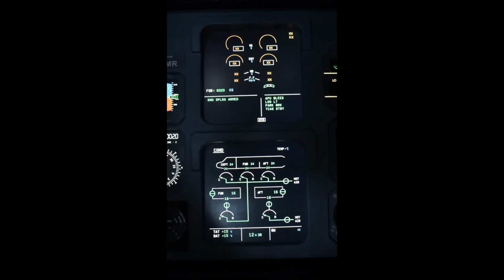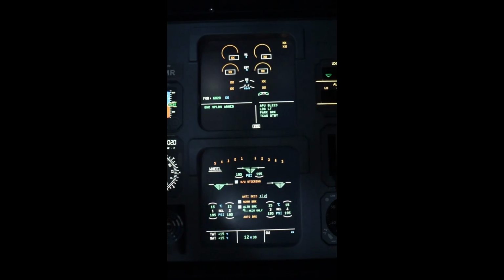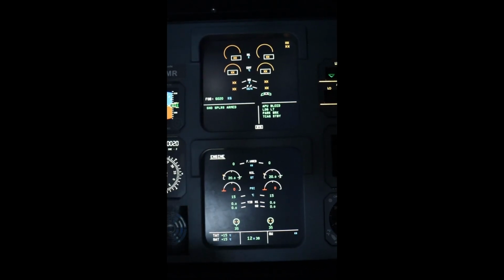In case of a failure or warning, ECAM automatically displays the relevant page and guides the crew through the proper checklist. This smart integrated design reduces pilot workload and enhances safety, making it a powerful tool for both training and